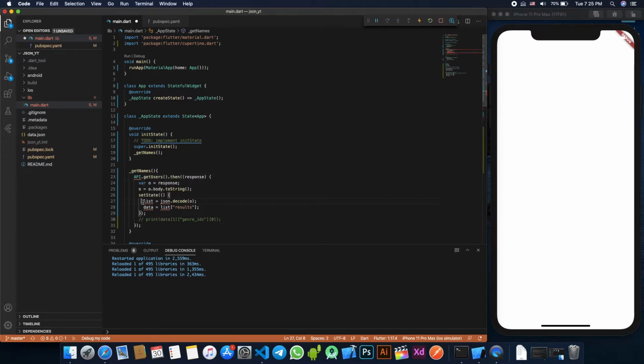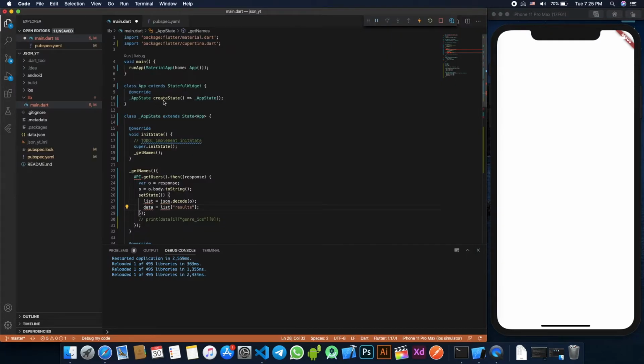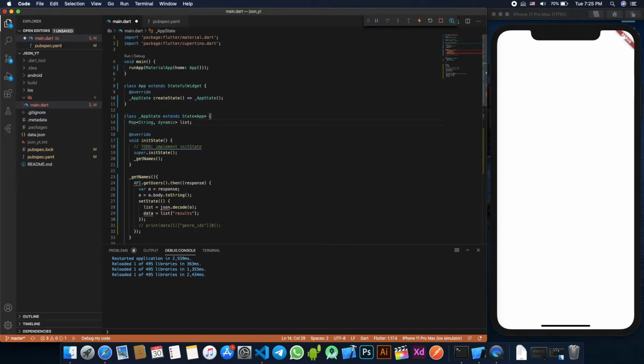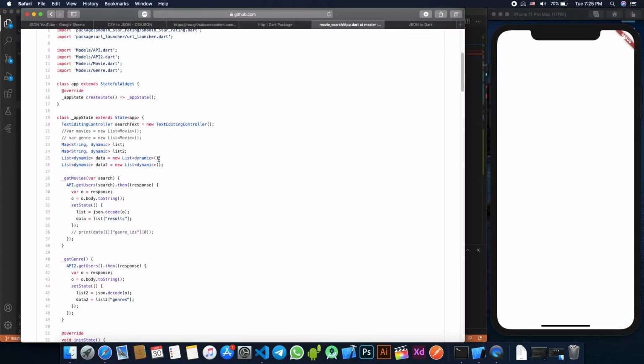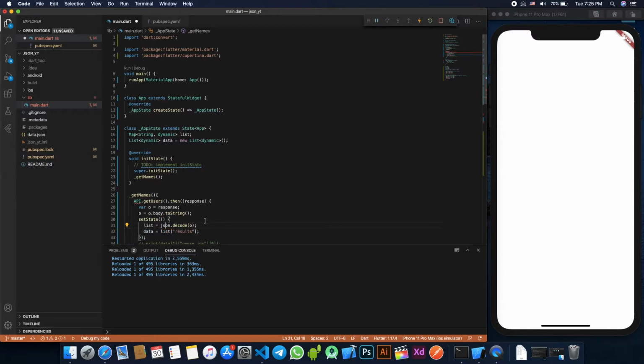Now we have our variable issues, list and data, right? You can see we have our list and we have our data. So just copy those two too. It's okay, there's nothing wrong in copying, because a good developer always reuses code. Remember that. So we have solved these things. For JSON, just click on this bulb icon, import Dart convert